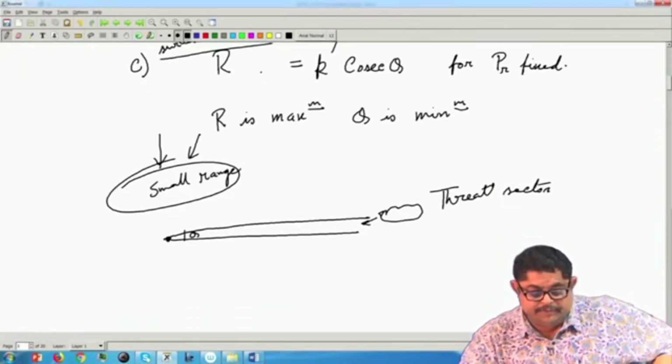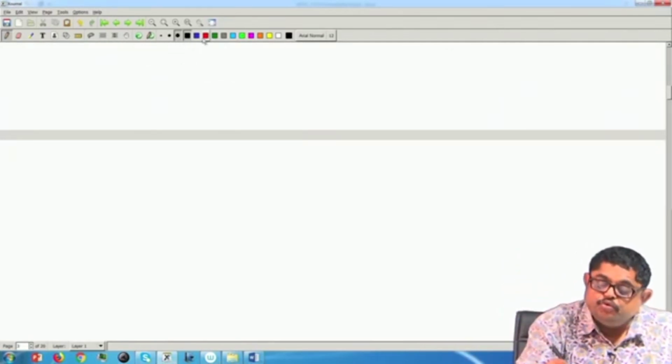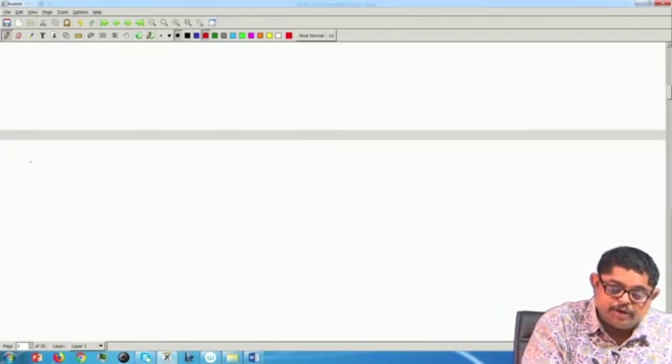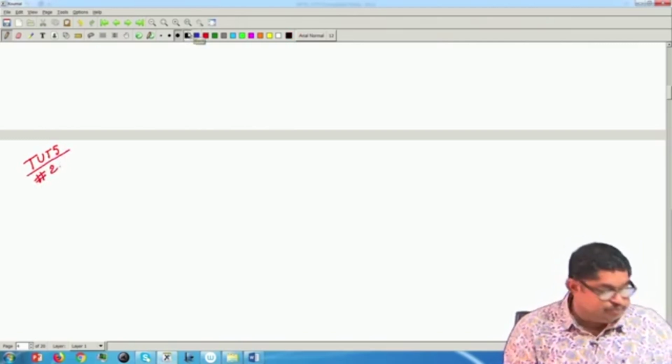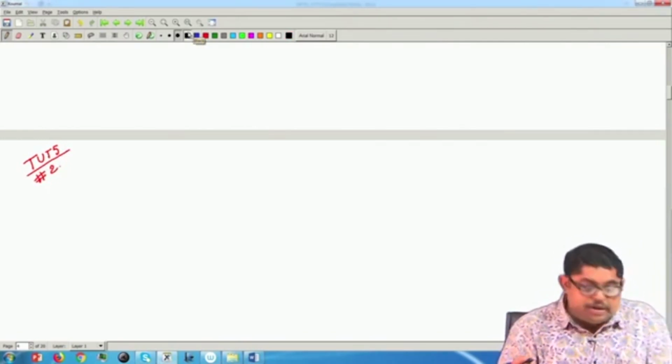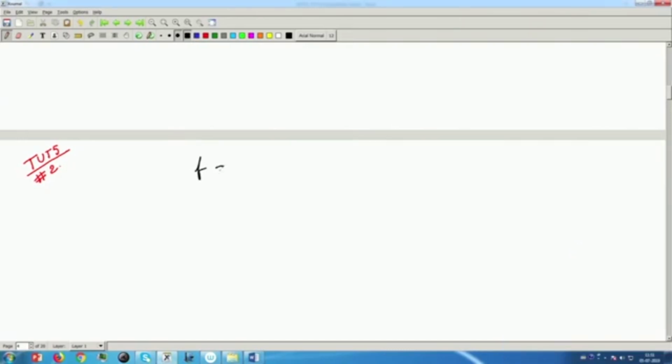So, this will be problem 2. I can say tutorial 5, problem 2. Let us see what is given. Given is frequency f, 3 gigahertz, then d is given